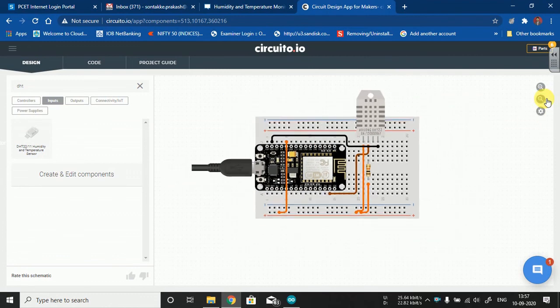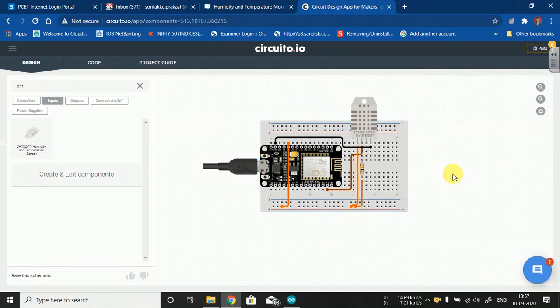Okay, that is simple. Once you interface this on a hardware platform, you need to upload the respective code that I have shown to you, and once it is connected to your Wi-Fi, it will try to upload the real-time values from this DHT11 or 22 sensor onto the ThingSpeak cloud platform, and based on that, if the values are exceeding the threshold values provided in the code or on the cloud, you are getting the notifications on your mobile phone with the help of SMS or any kind of audio call or an email address. Okay, so thank you.